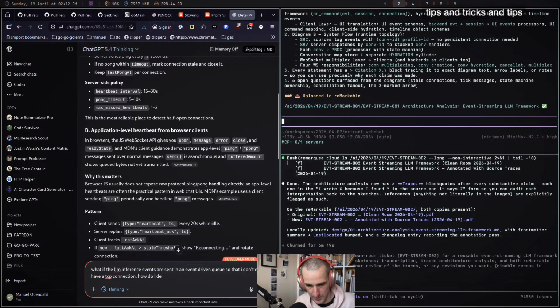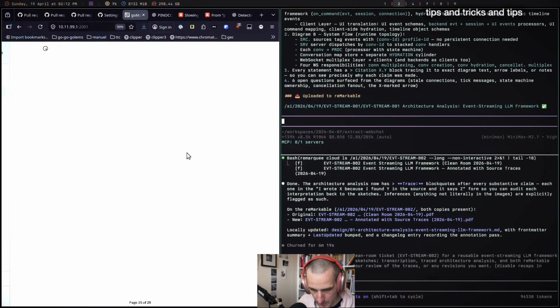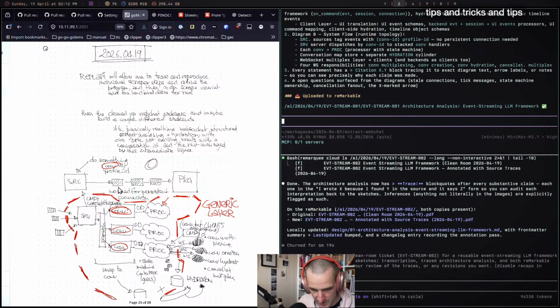How do I detect staleness then? That's where I'm not confident. If we go back to the architecture, this is event driven over Redis because I want to have multiplexing and stuff like that.